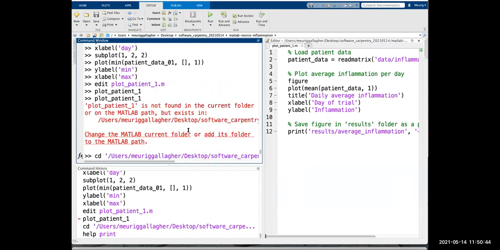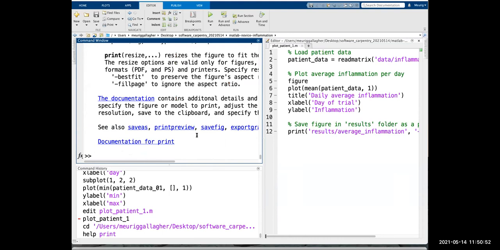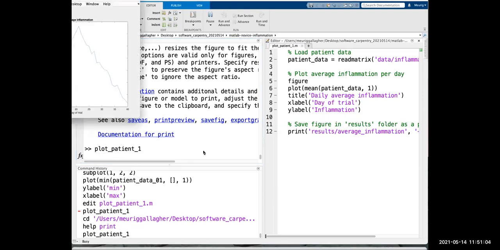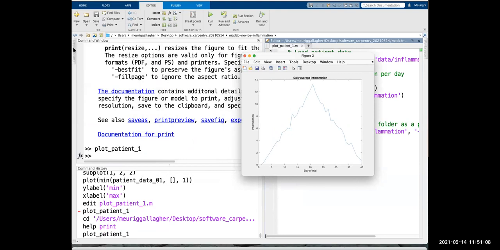And again, if we're not sure about how the print command works, we can do help print. This tells us all the different types. We can use dpdf, we could use deps, or we could use dpng, which is what we've used. If we want to find out more, we can go, as Trish said, to the MathWorks website and search for it there. Now if we run our plot patient1 script again, it's still created our figure, so our figure's still here. But now if we go to our current folder,